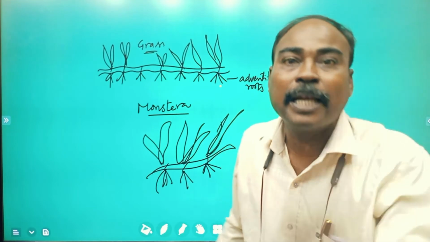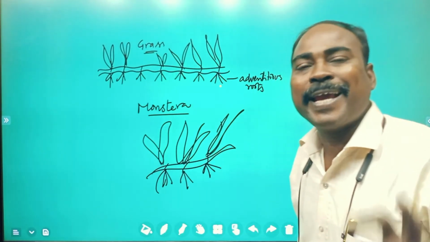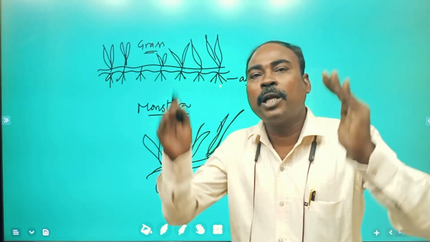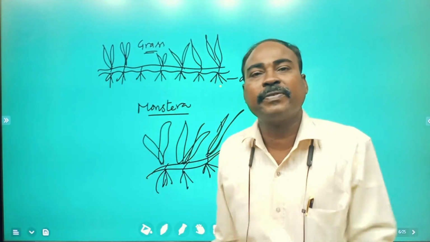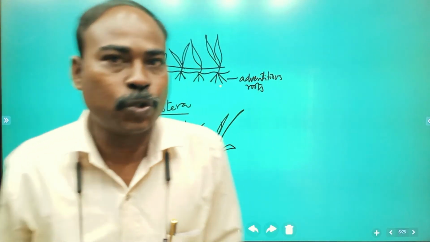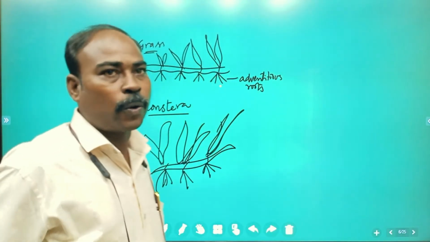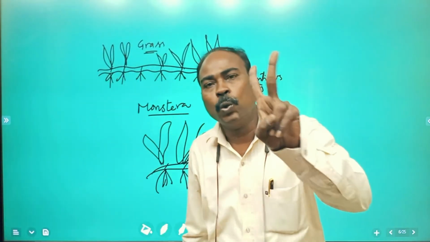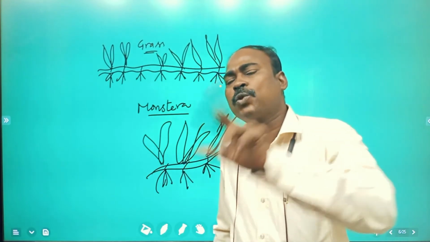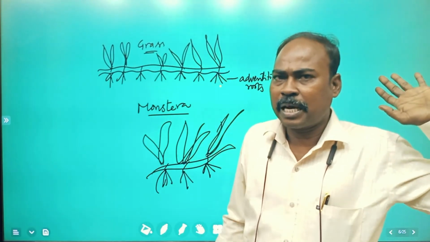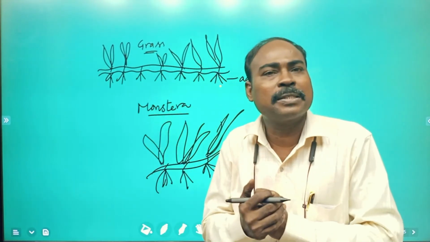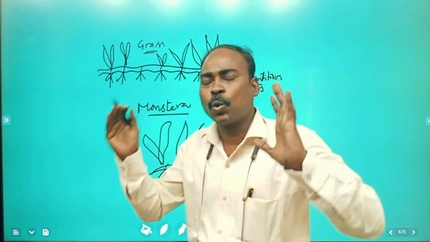plant develop from aerial branch, whereas in maize and sugarcane the adventitious roots are developed from basal nodes. So you keep the difference between these forms and examples for adventitious root system. These are the three root systems found in plants. Main two, that is a taproot system found in dicot plants, fibrous root system found in monocot plants. Apart from these two, some dicot plants as well as some monocot plants exhibit the adventitious roots.